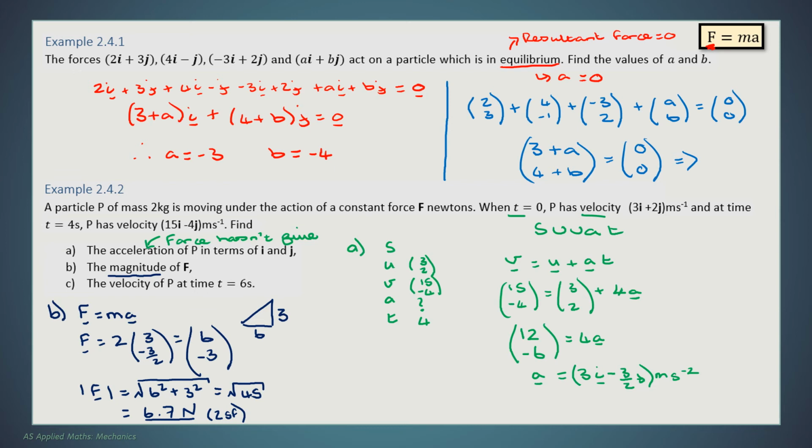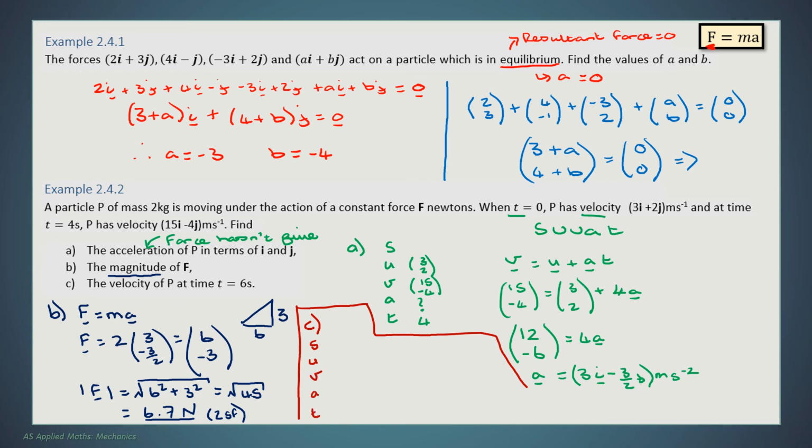Looking at part C, so we're looking at part C. Find the velocity at time t equals 6. So when I'm doing a question that involves vectors, I should be questioning at all points, is my answer expected to be in vector format, or am I looking for a size? If I was looking for the magnitude of velocity, the question would say find the speed of P at t equals 6. Because it says velocity,